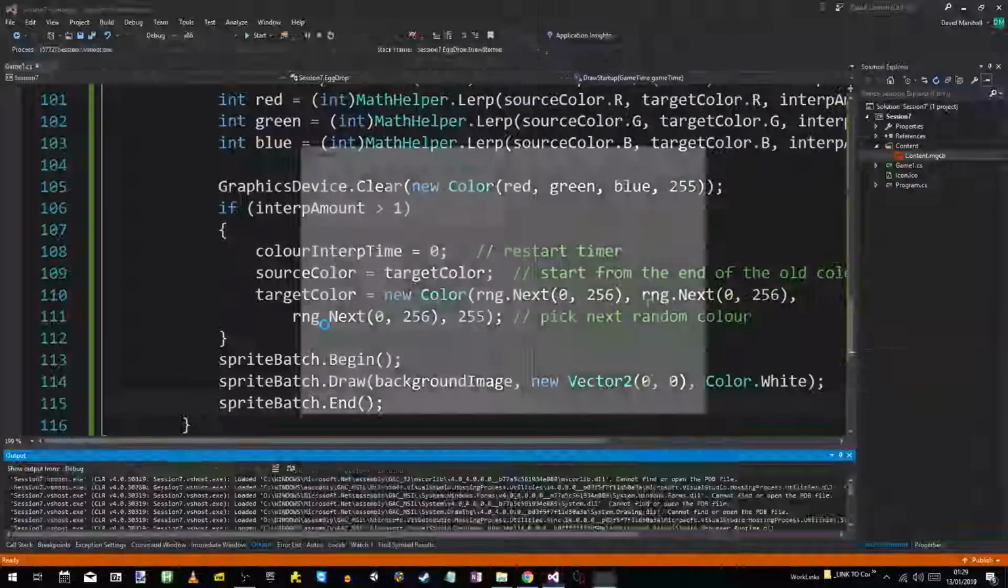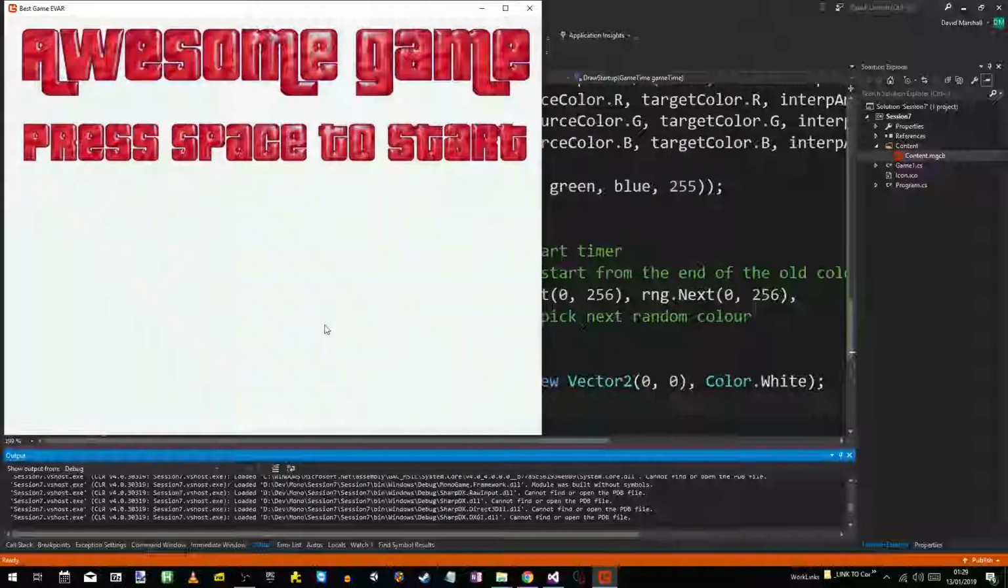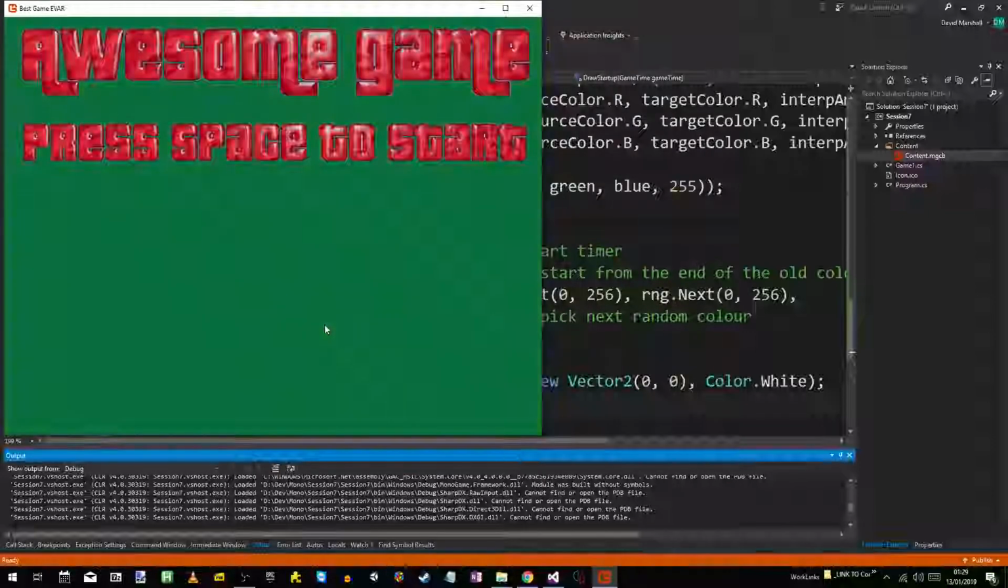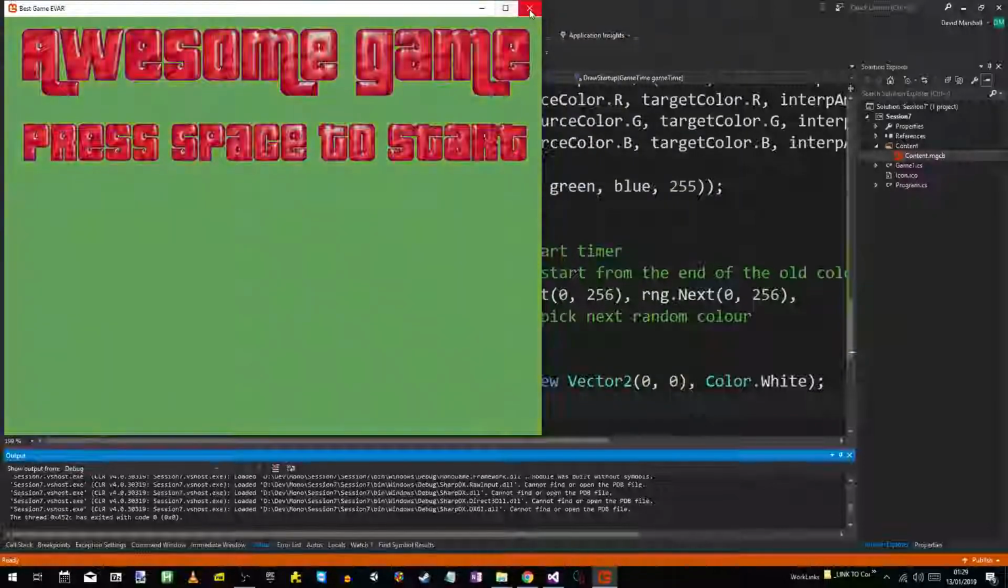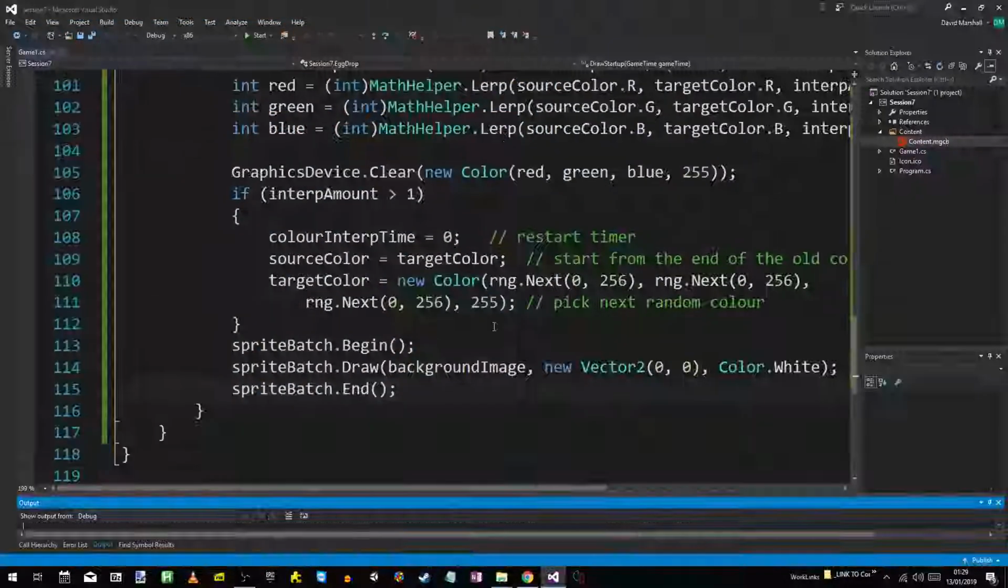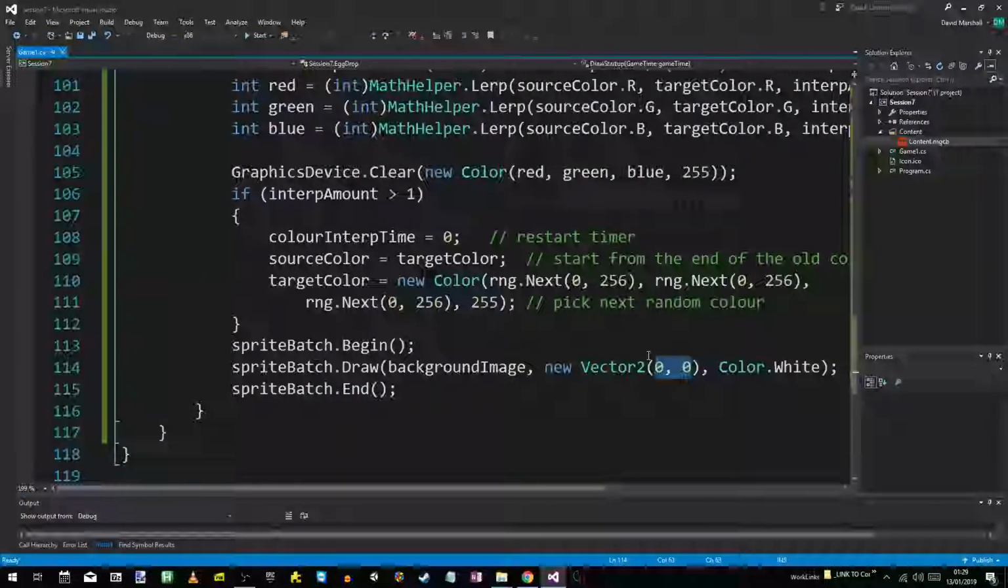Let's run that. And there we go. There's our logo appearing on the screen with the changing color background. But that was at position 0, 0. You can reposition that by just changing these values. But let's take it one step further,